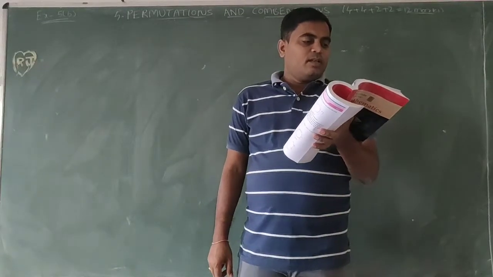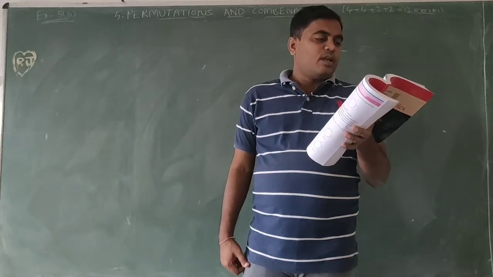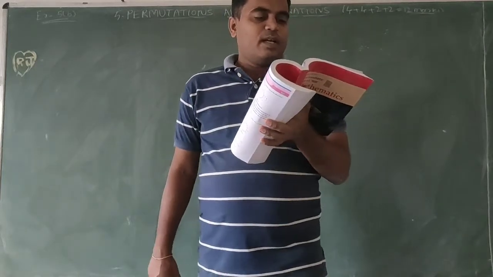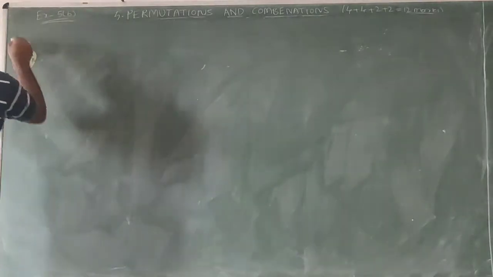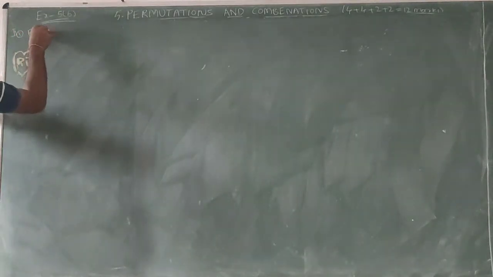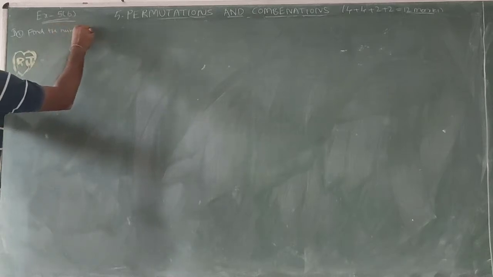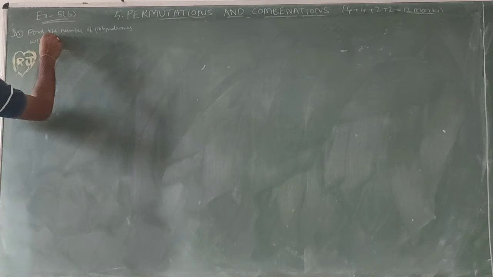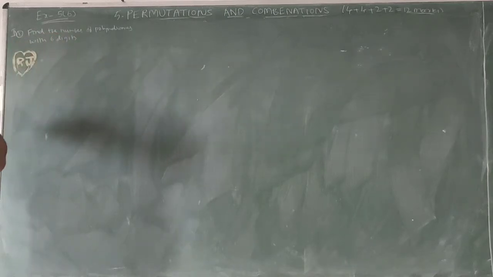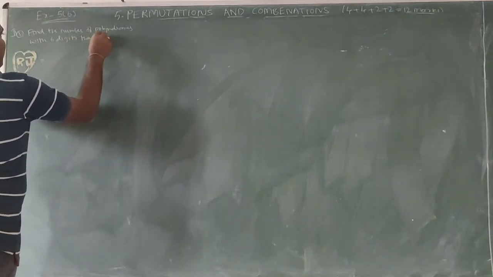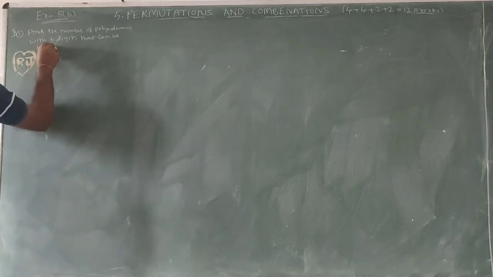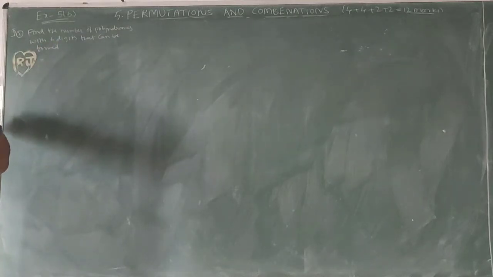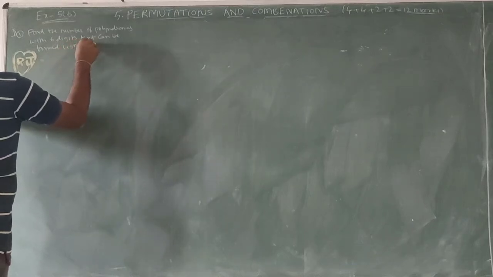Exercise 5B, second bit, first question. Find the number of palindromes with 6 digits that can be formed using the digits